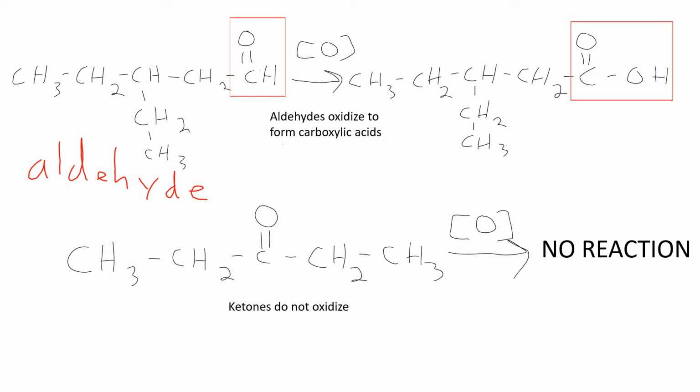And if you followed what happened with primary alcohols, well, you saw that primary alcohols quickly oxidize to form an aldehyde, but then that aldehyde then also oxidized to form a carboxylic acid. Well, if you started with an aldehyde and tried to oxidize it, that aldehyde is just going to oxidize to form that carboxylic acid that we see in the upper right-hand corner. You know, kind of almost skipping a step because we're already starting with an aldehyde. We know that aldehydes will oxidize to carboxylic acids.